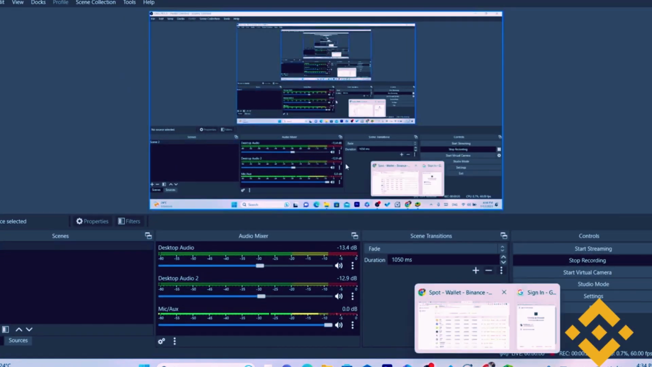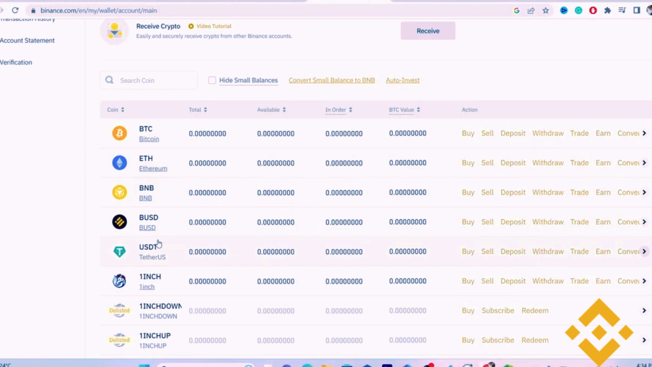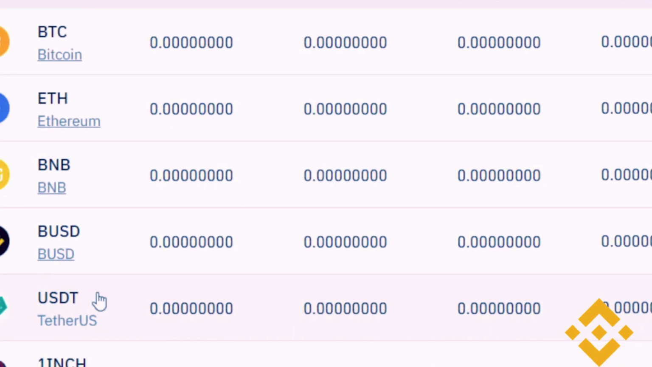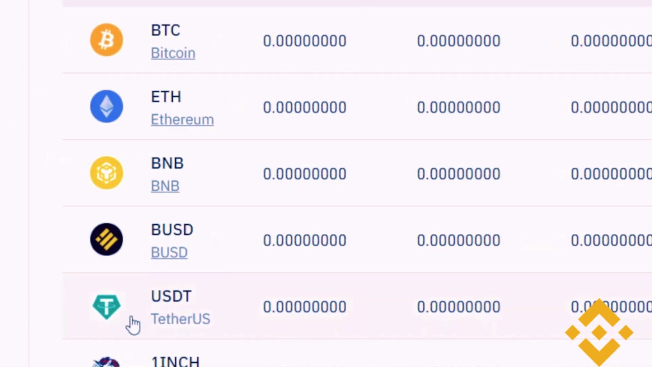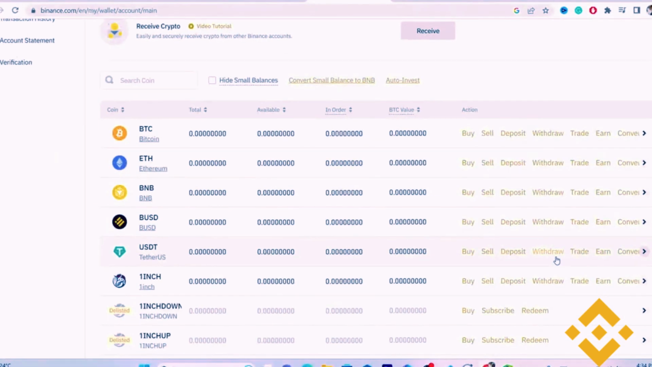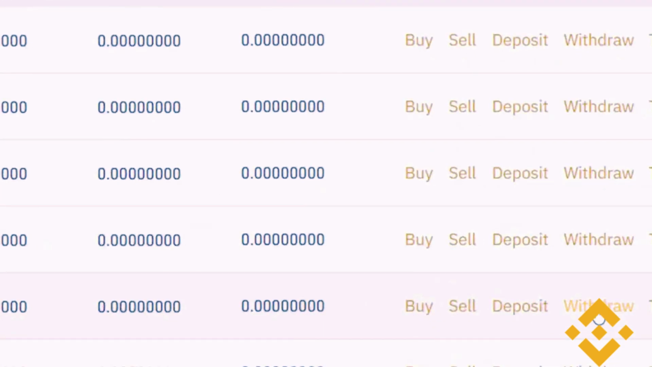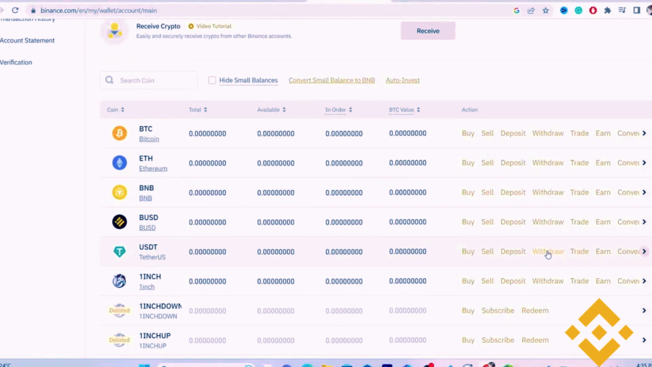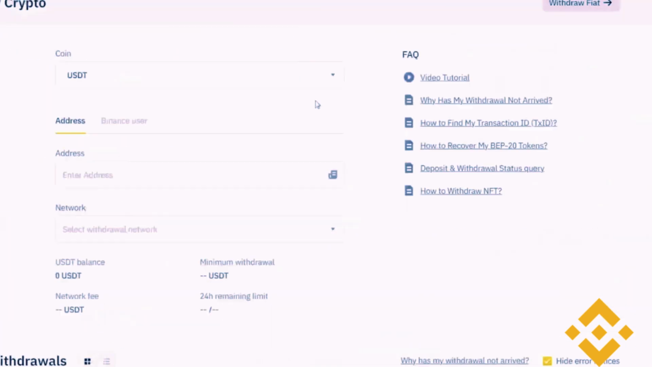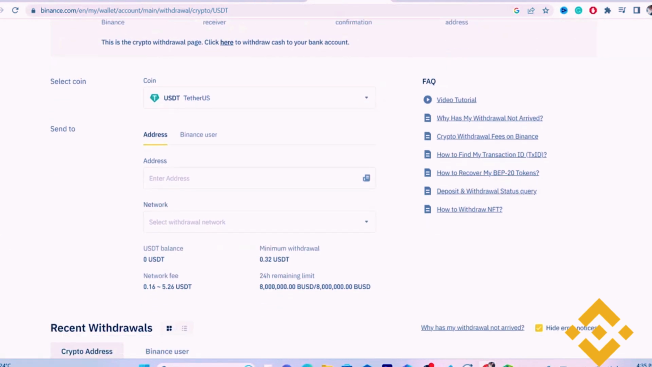Okay, so you want to scroll down, like I said, a little bit, and you want to find here USDT, as you can see. Next to USDT you will see here withdraw. You need to click on withdraw. In the action section you want to click on withdraw, and here Binance will ask